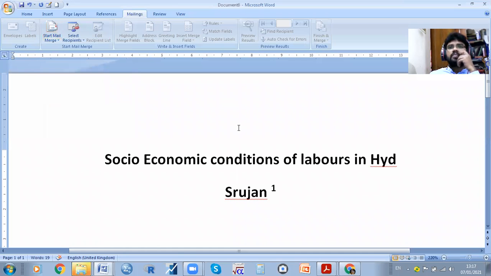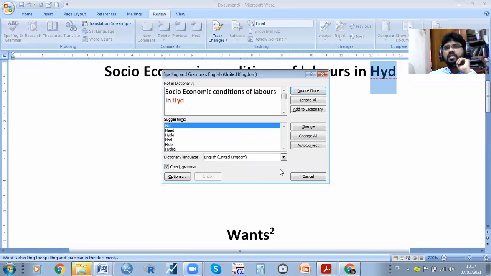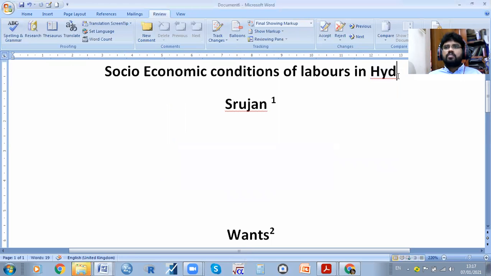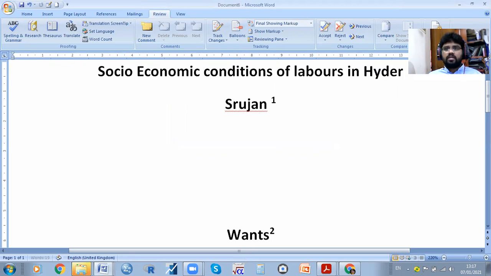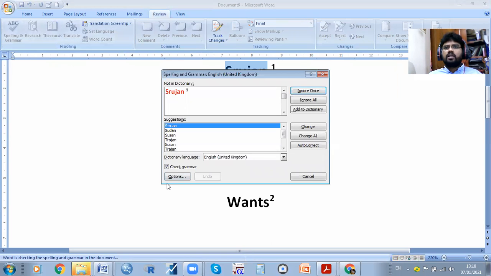Then review. In the review, we are able to see if there are any spelling mistakes. For example, if you check spelling mistakes, it shows Hyderabad. For example, if I am writing Hyderabad here, we want to check. Srujan is not a name added in the Google.